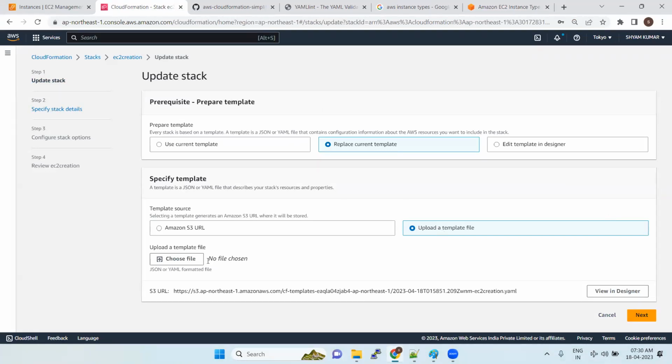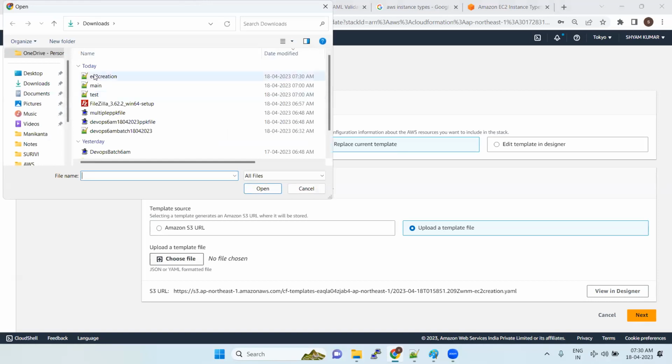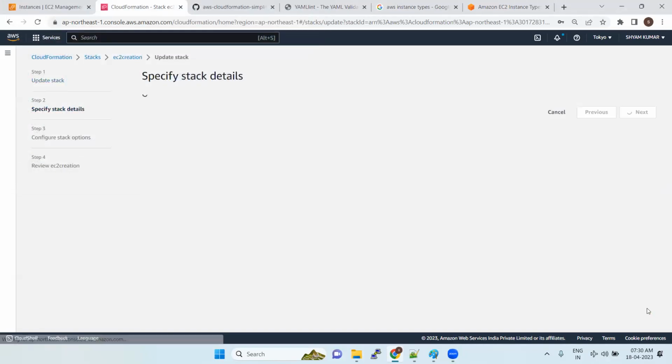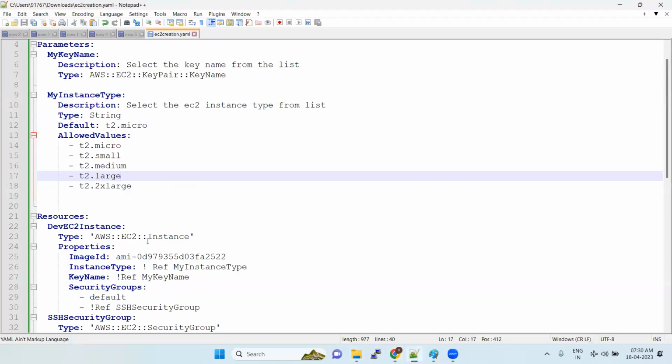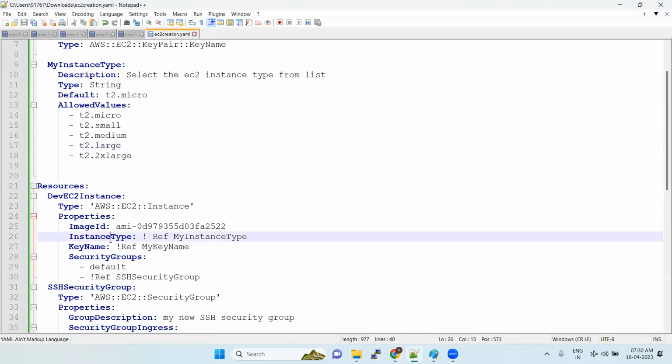Okay, so upload a file template. Again, we can choose it and upload the template. Come here, next. Like this. So you don't want to hard code the things, you want to provide the input for the user, any type of things. Whichever things you are hard coding, instance type, key name, image ID, everything,